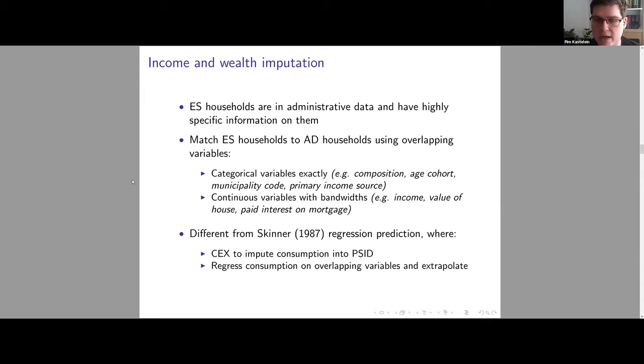So income, value of the house, paid interest on mortgage, etc. This is crucially different from the Skinner regression prediction technique, where typically the CEX was used to impute consumption into the PSID survey, where you would regress consumption on overlapping variables and extrapolate. Since we really can narrowly identify these expenditure survey households in the unlinkable administrative data, we really focus on these overlapping variables. So we match these expenditure survey households to one or multiple administrative data households based on these